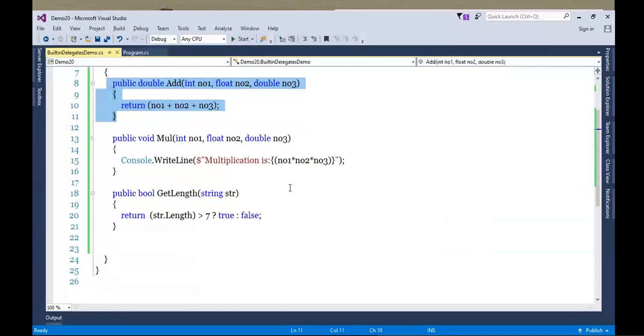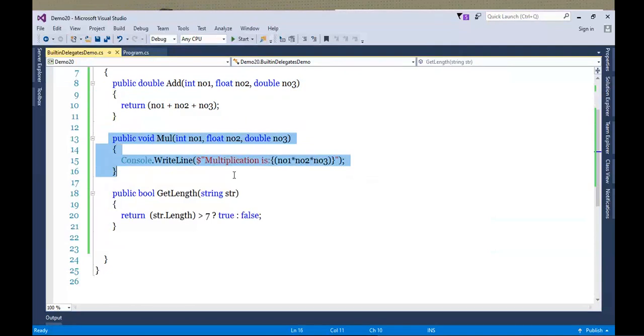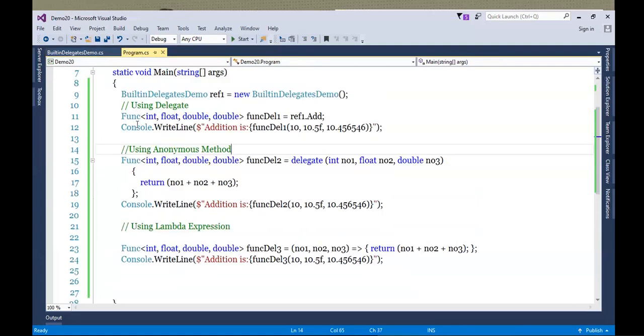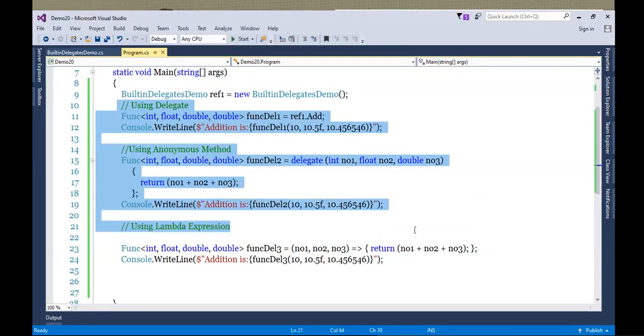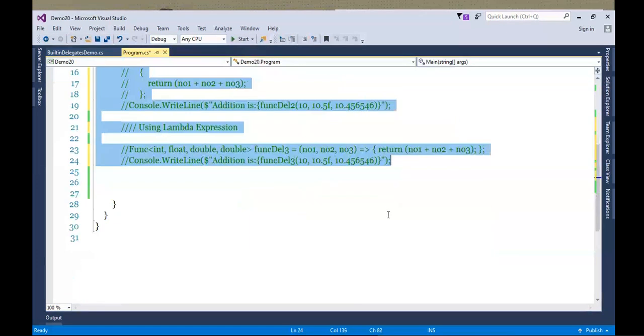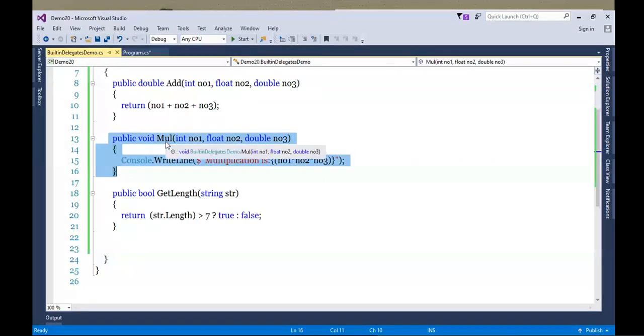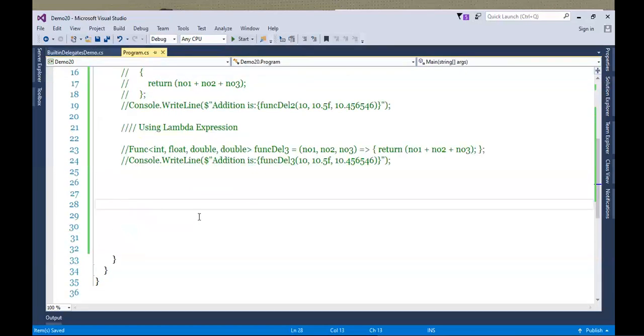So I already written here multiplication method, if you remember, and for this multiplication method, I'll be using second option, which is action delegate. First, as a simplicity, we'll follow this method, multiplication method, and then we'll simply directly write the lambda expression.